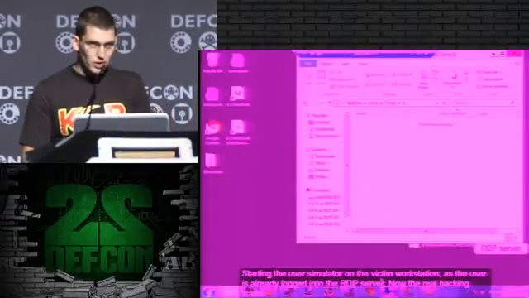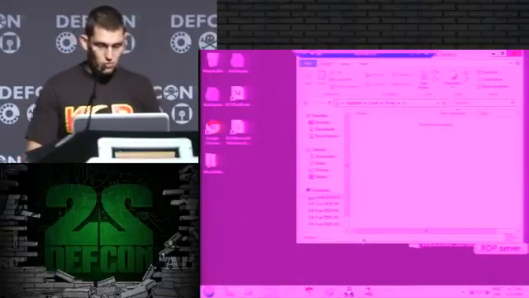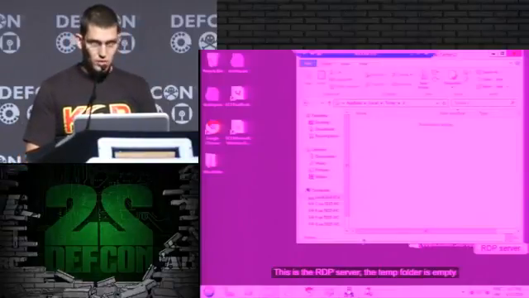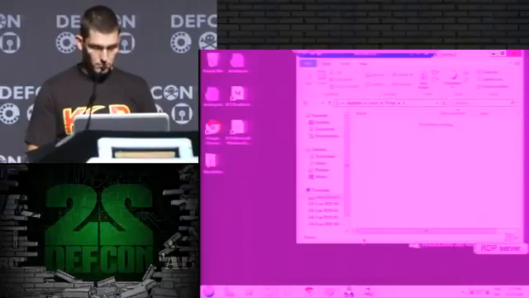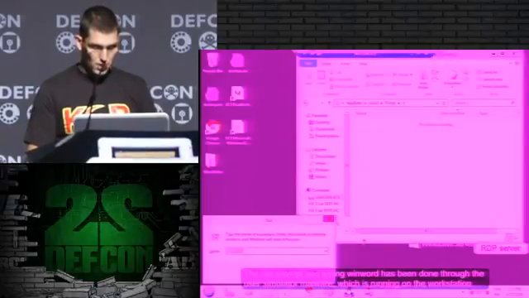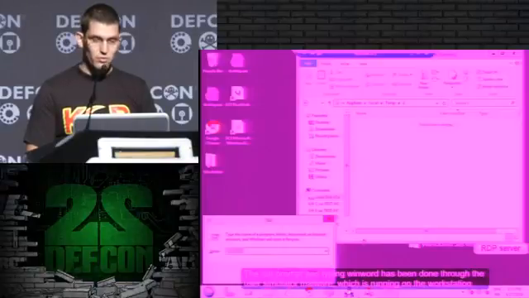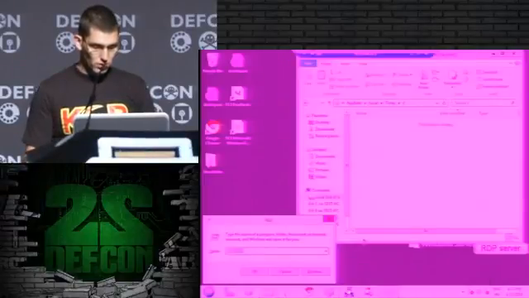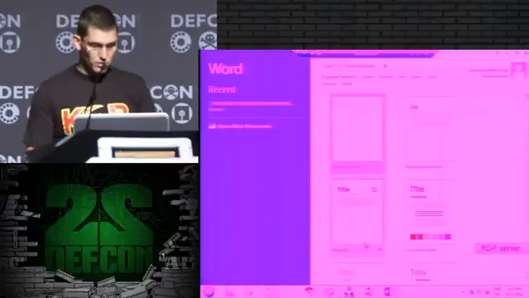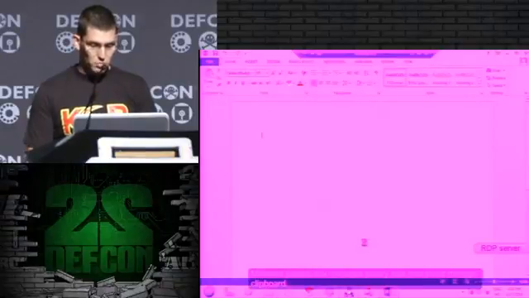Now the user connected to the RDP server via two-factor authentication, and as you can see, this temp directory is empty at the moment. And whatever happens from now is done by the user simulator. Because RDP is the active window, everything gets executed on the RDP server. So it starts winword, creates a new document. It pastes some hex-encoded payload.